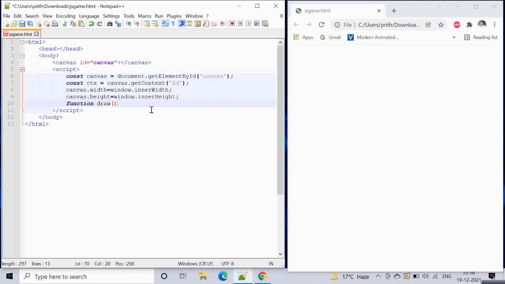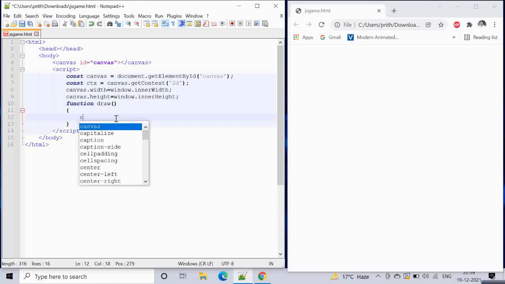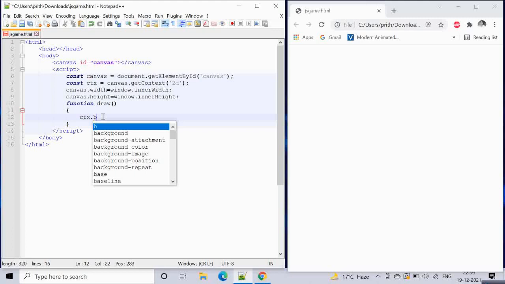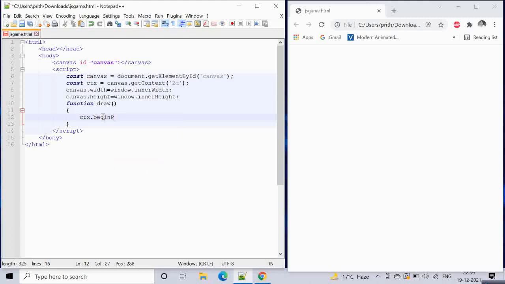We will have a function, and the function name will be draw. In this function our task will be to draw a simple ball. So how do we do that? ctx, getting this canvas element, dot begin path.